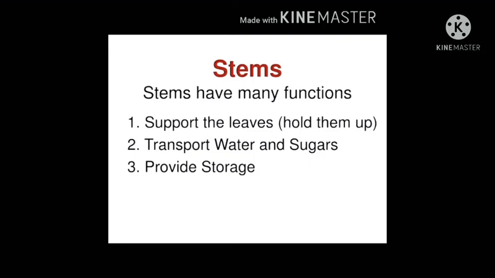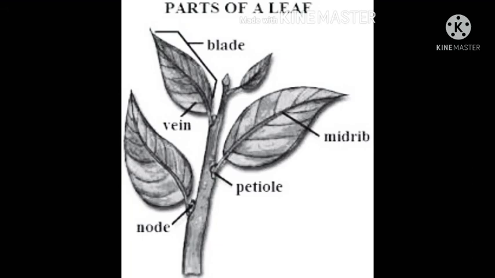Now, let's study the functions of the stems. We know very well that the stem holds the plant upright and supports the branches. Second, the stem bears leaves, buds, flowers and fruits and helps to spread them out so that they can perform their functions properly. And the last and very important function that the stem performs is that it carries water and minerals which it gets from the root, and passes this to the leaves and distributes food to all the parts of the plant.